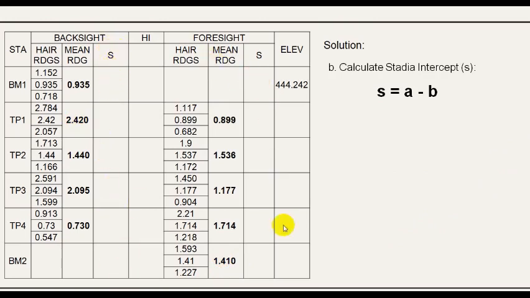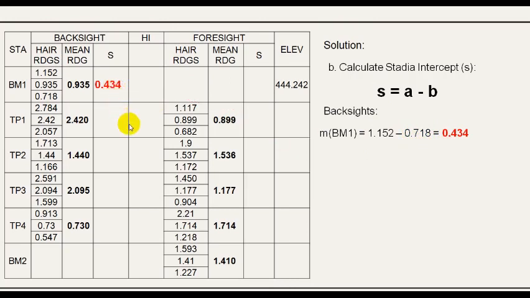Okay. Next, compute the stadia intercept, this S. The formula for the stadia intercept is equal to the upper crosshair reading A minus the lower crosshair reading B. So, same again, we start with our backside. For BM1, the upper crosshair reading is 1.152, which is A, minus the B reading, which is 0.718. So BM1, 1.152 minus 0.718 equals